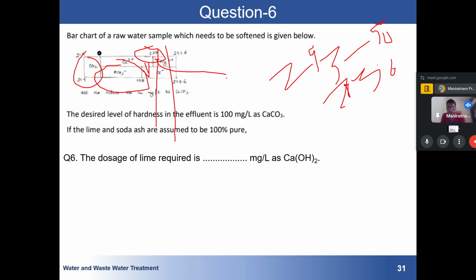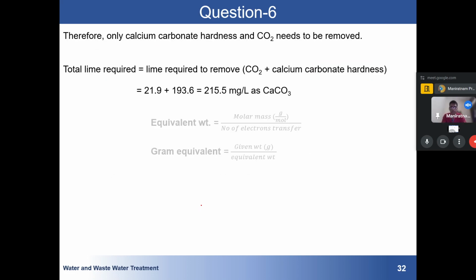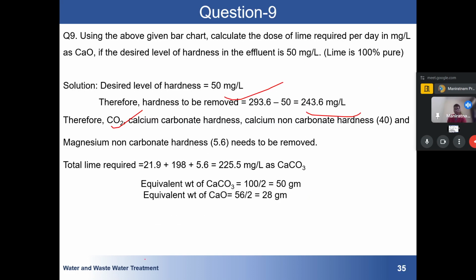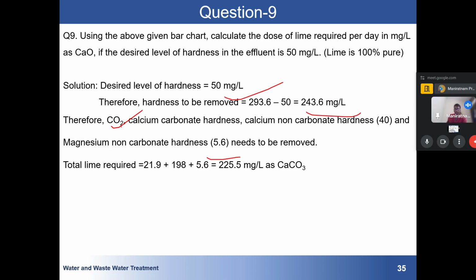And how much is this? You can substitute 293.6 minus 50 minus 21 minus 238. So if you do the calculation, you can see that it is around 5.6. I hope this is clear to you how this 40 and 5.6 are calculated. And here you can see calcium, due to calcium 21.9, carbonate hardness 198,